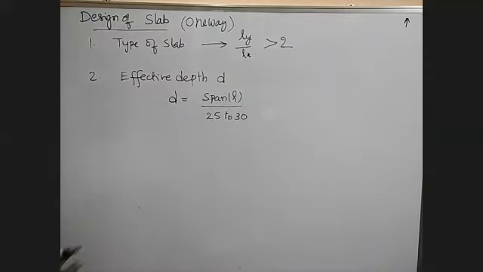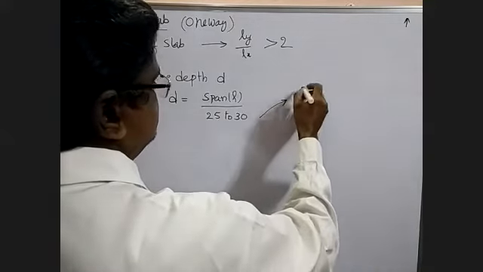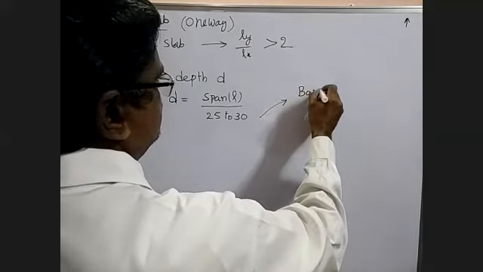This value is 25 to 30. This 25 to 30 means this is the basic value into